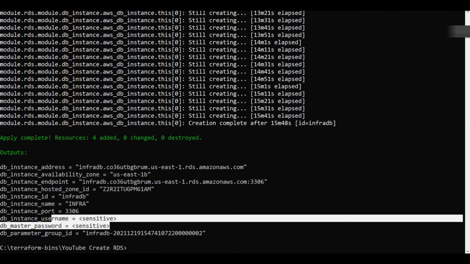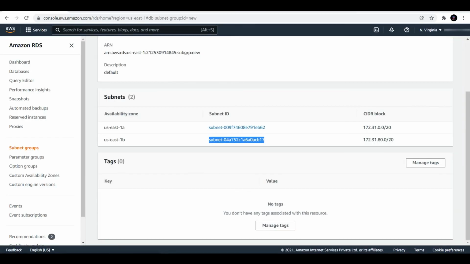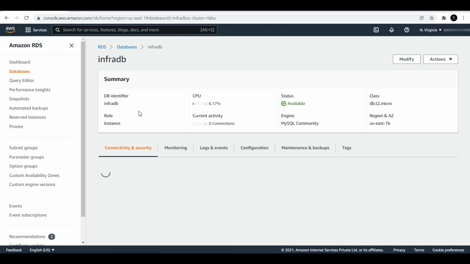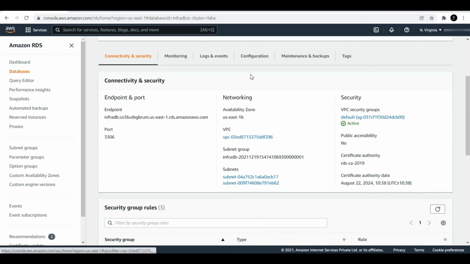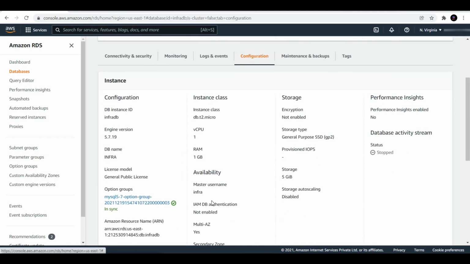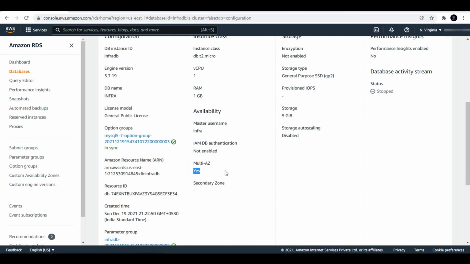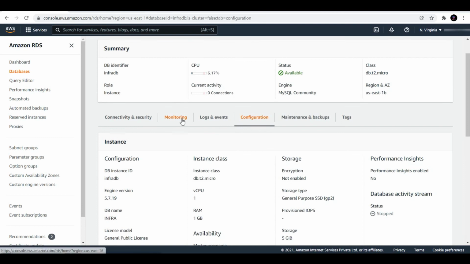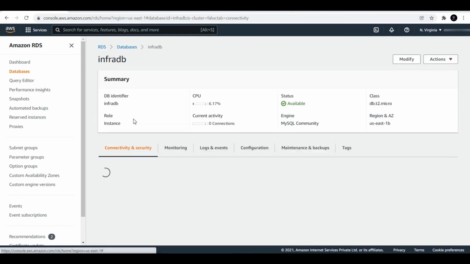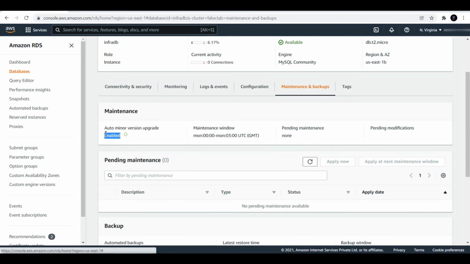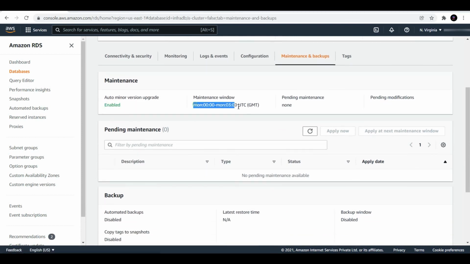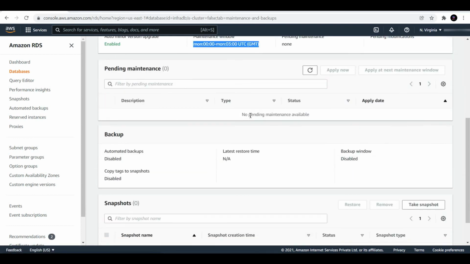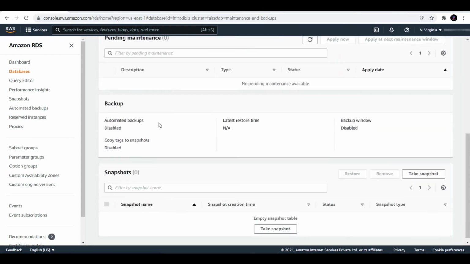Okay, so let us go ahead and check in our management console first. Here you can see that the InfraDB database has been created. One thing you can see in here, multi-AZ first. This is yes, so it is fine. Master username is this, so it is fine. Then let us see the maintenance and backups. Auto minor version upgrade is enabled. Monday maintenance window, this is the one, and automated backups is